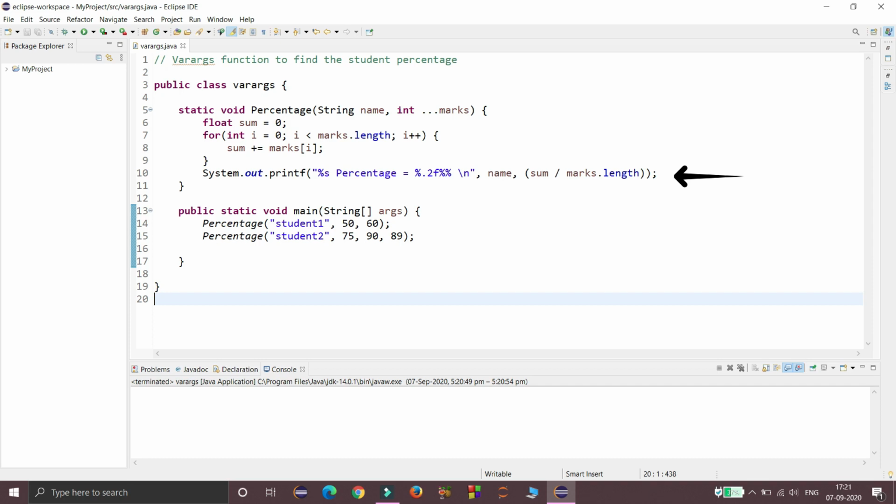Now from the main function, I am calling the percentage function with the name of the student, student1, and then the marks he obtained in two subjects, 50 and 60. In the next call of the percentage function, the name of the student is student2, and I am sending the marks obtained by that student in three different subjects. So in the first case, I am sending two arguments. In the second case, I am sending three arguments into the variable length argument marks. If I run this program,